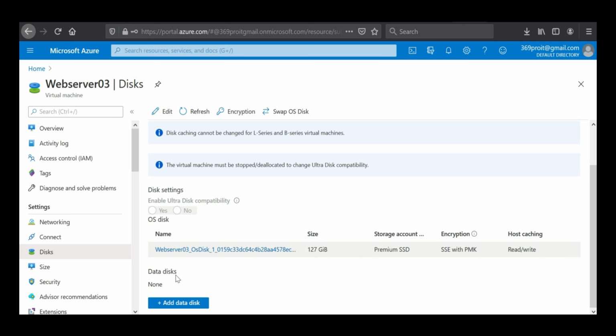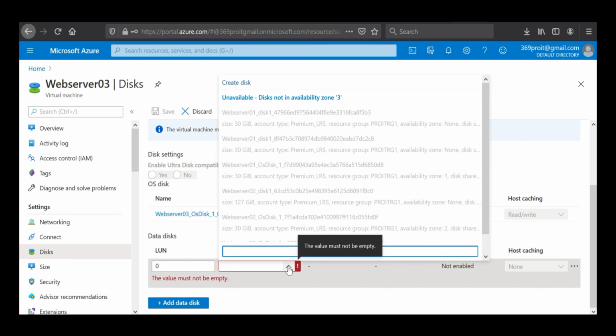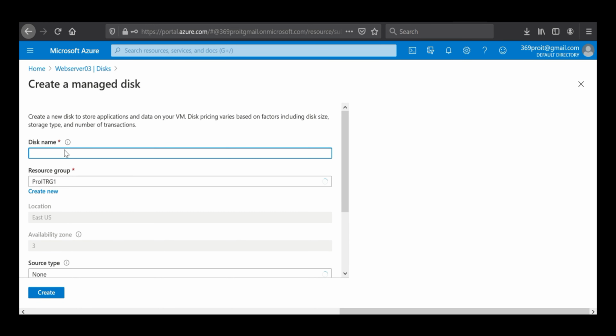Alright, so that is done by Azure. And here is the data disk, right? So I click on add data disk. You can see that those values need to be defined, and what we need to do is click on create disk. Once we click on that, we go to the next one, and we have to provide the name for this one. So we can give web server